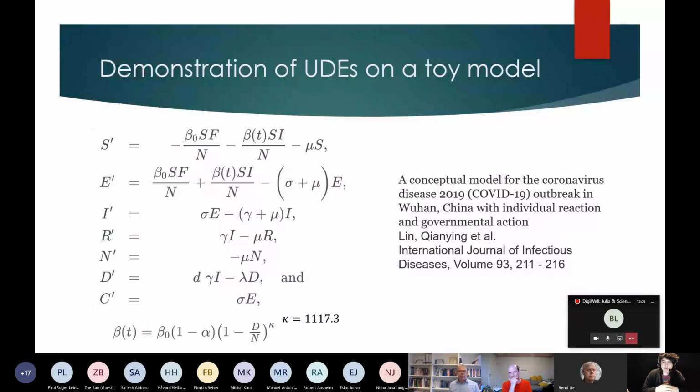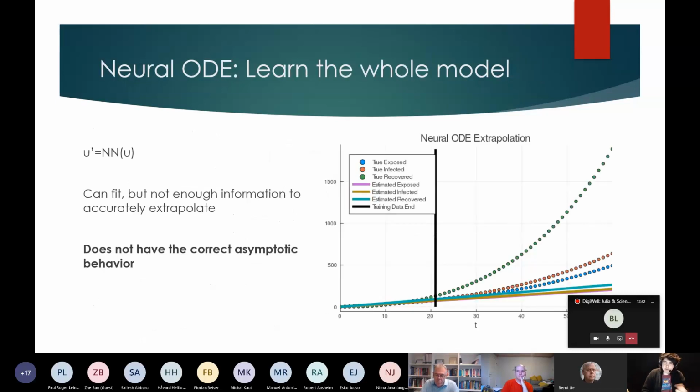To demonstrate how that works, I like to use this toy model of the COVID-19 outbreak, which is an extended SEIR model with a key beta term that was found. This is a direct model where this beta term models the exposure, which is the amount of exposure to COVID-19, which could be highly variable from country to country. What we're going to do is use data from this model and see if we can automatically recover this model. And what are the ways to automatically learn such a model? With differential equation solving.